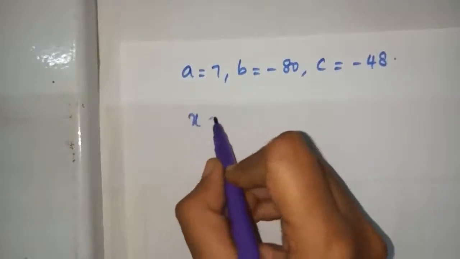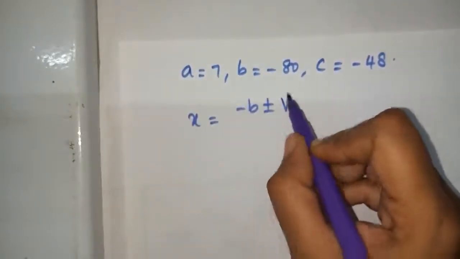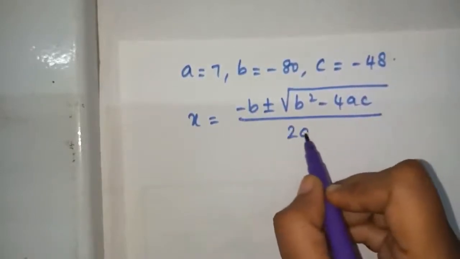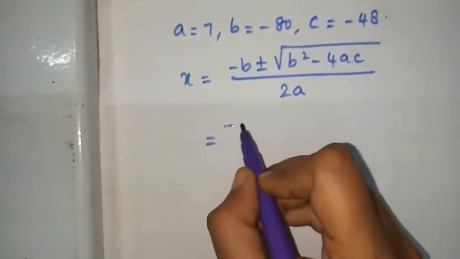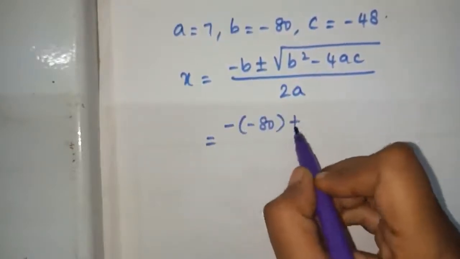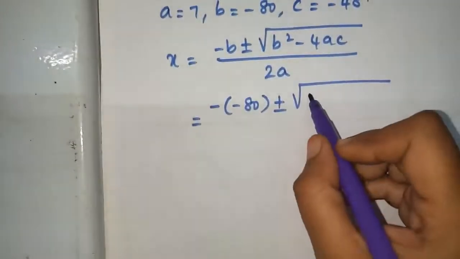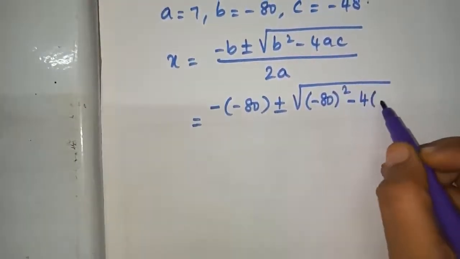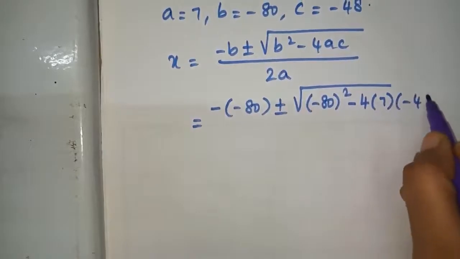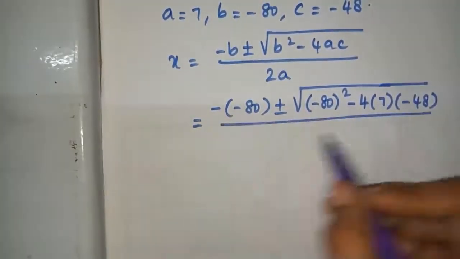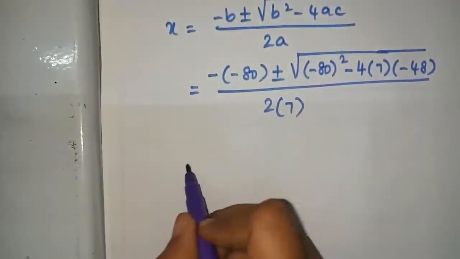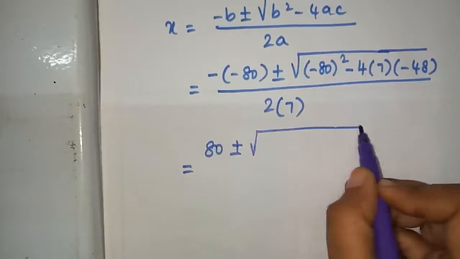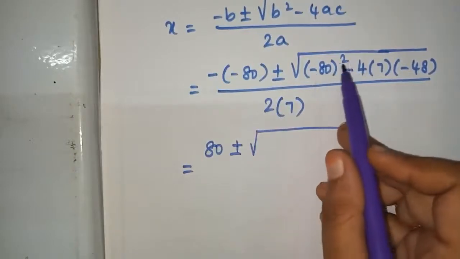So you know the formula x is equal to minus b plus or minus root of b square minus 4ac divided by 2a, which is equal to minus of minus 80 plus or minus root of b square, that is minus 80 the whole square, minus 4 into a value 7 and c value minus 48, divided by 2 into 7. So which is equal to minus into minus plus 80 plus or minus root of 80 square, that is minus 80 the whole square is